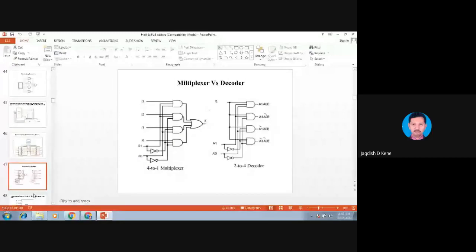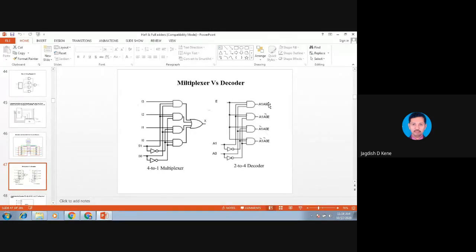Yes, sir. Okay, so the next slide shows the difference between the multiplexer and the decoder. What is the multiplexer based on? Multiplexer is based on sum of products. That's why it is a combination of logic gates, AND gates added together, so an AND-OR combination. But the decoder is only based on the control signals A0 and A1. So there is triggering of AND gates, which will connect depending on the select lines A1 and A0, and the data will be available, which is going to transfer to the output side.